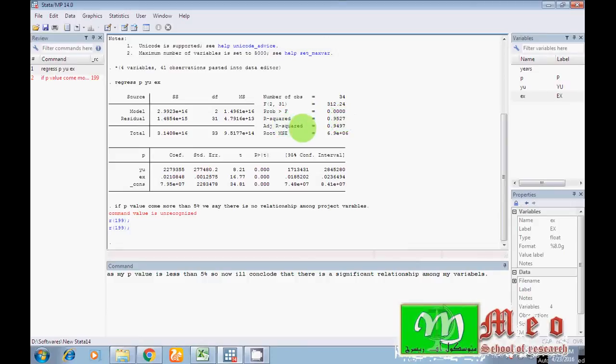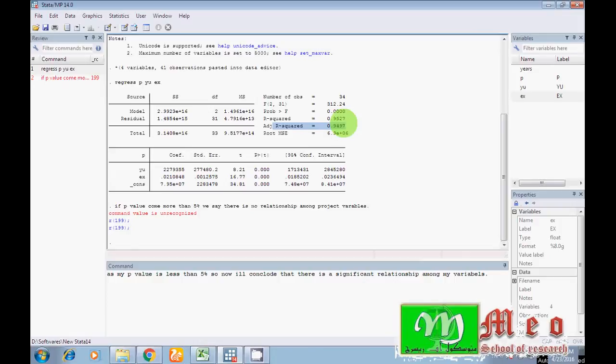I have another value, adjusted R square. Personally, if you want to interpret or compare two different models, please make the decision on the basis of adjusted R square, because adjusted R square truly measures the effect of your independent variables.